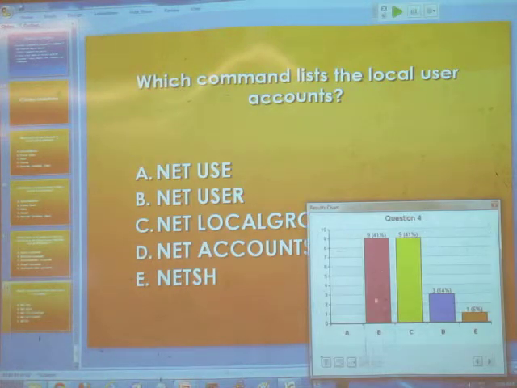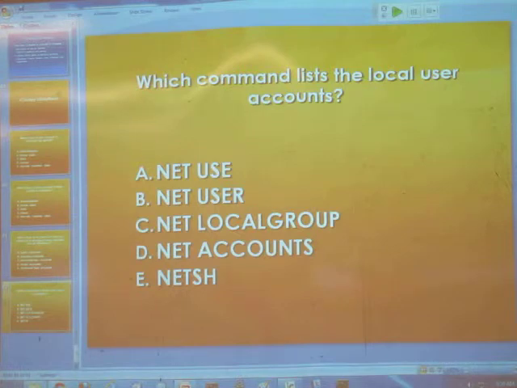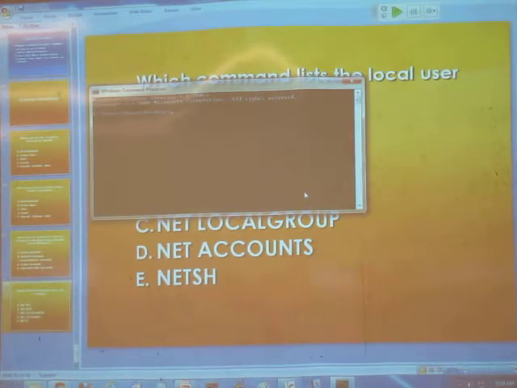Net use is to connect to a share. So if I open a command prompt and do net user, I see the local accounts. There they are. Just the names. Anyway,